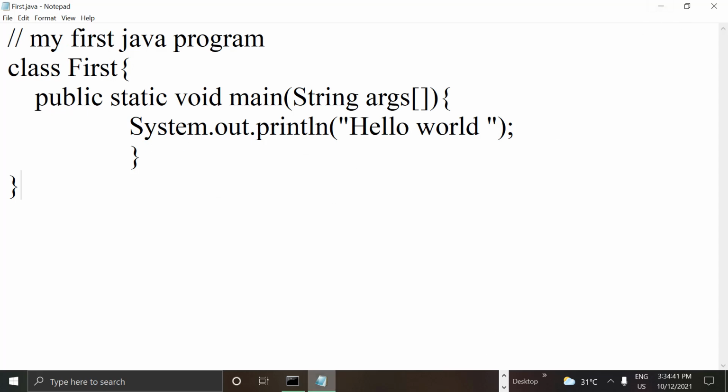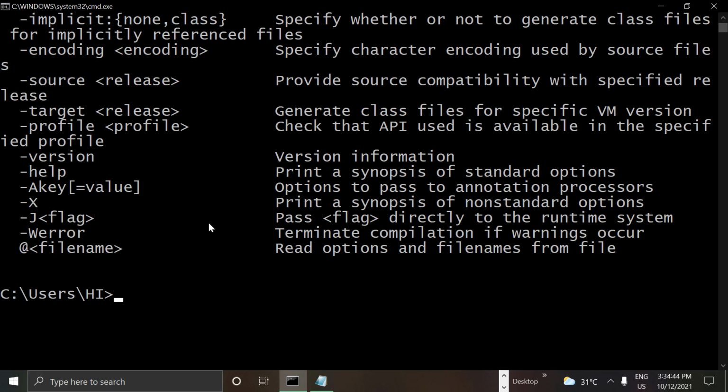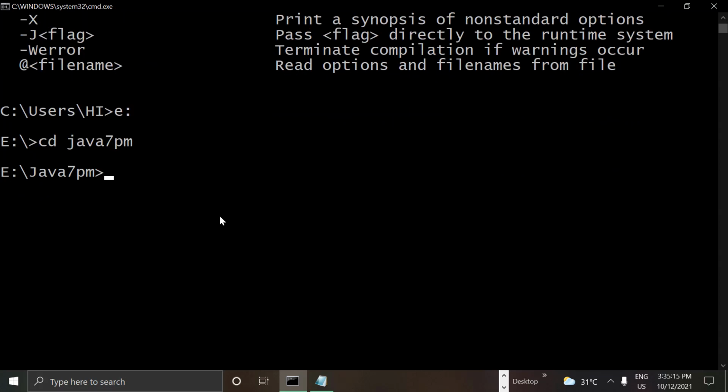So what to do? Let's go back to command prompt, and we need to switch to the folder where we have saved our files. Okay, so I saved in E drive, right? So E colon enter. Suppose in your system you have D drive, then type D colon enter. So now we are in E drive. Previously we were in the C drive users folder, but now we have moved to E drive. From this E drive I need to go to my folder called Java 7pm. So what is this cd command? Change directory. To which directory do I want to change? Java 7pm. Press enter. So now we are in the folder called Java 7pm, where I need to compile my first.java by saying javac first.java.